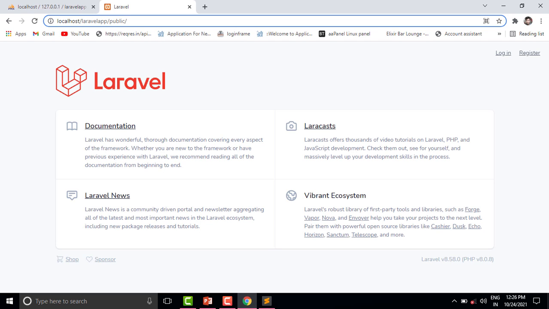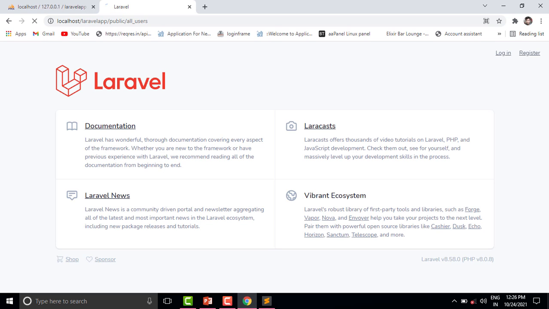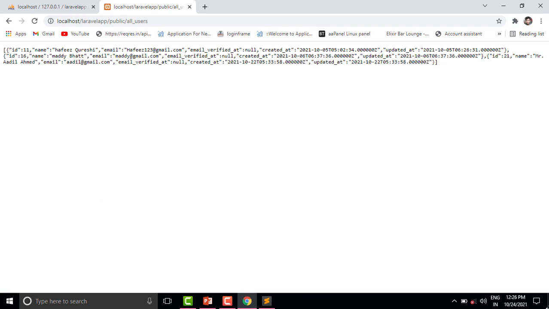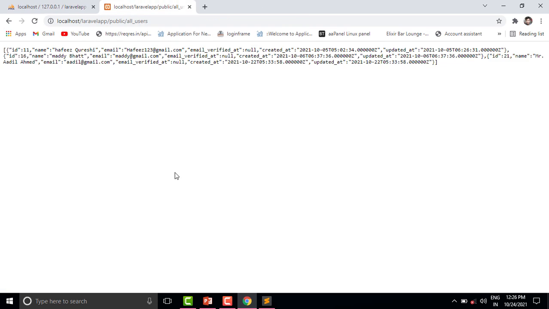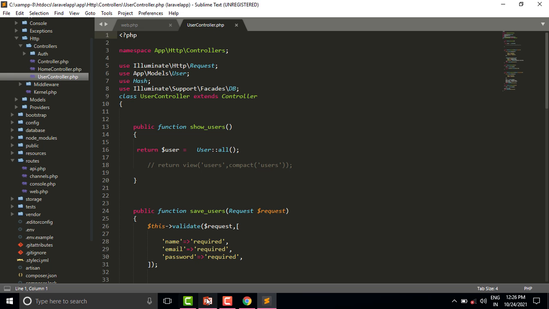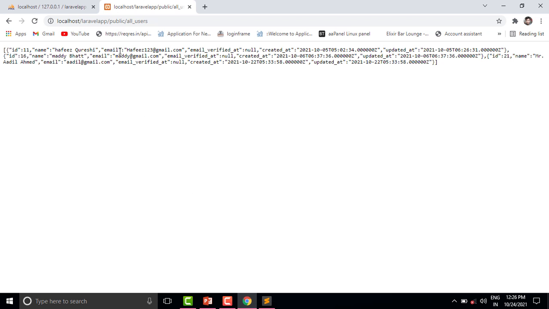So let us check all users. Now you can see we are getting all users, meaning we are getting the three users which we have in the database. So let us see how to implement the one-to-many relation.